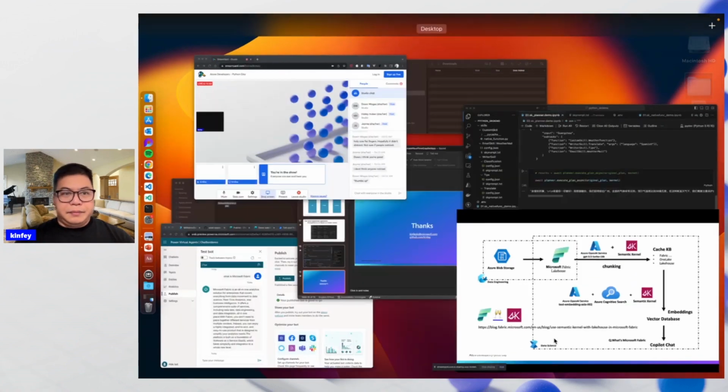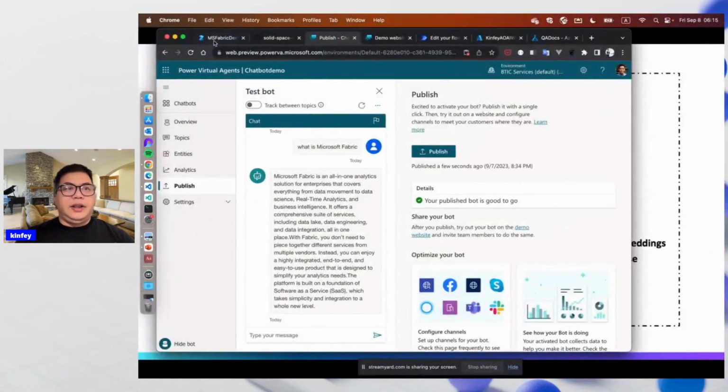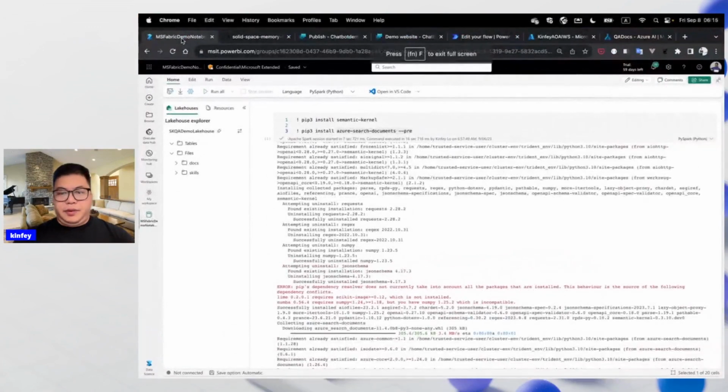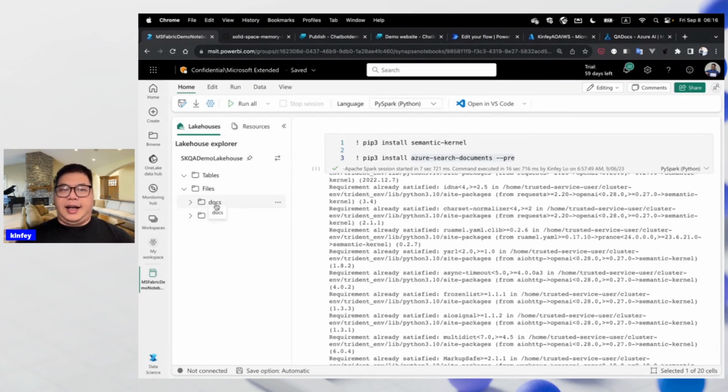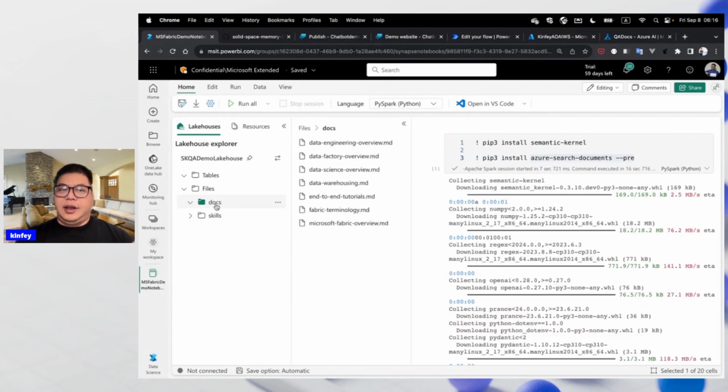The first thing is you need to have Microsoft Fabric. I think Microsoft Fabric is in the preview stage, but at this time you can use Microsoft Fabric very easily. It's free to trial. Another is you need to import your data to the Lakehouse. Just like here, I import the Azure Blob storage into the data Lakehouse. This is the docs file from my Azure Blob storage.